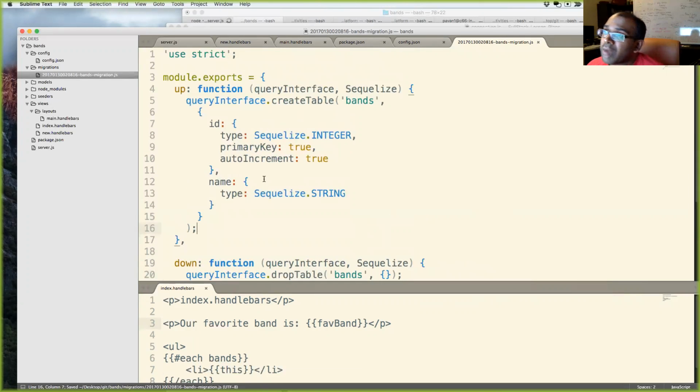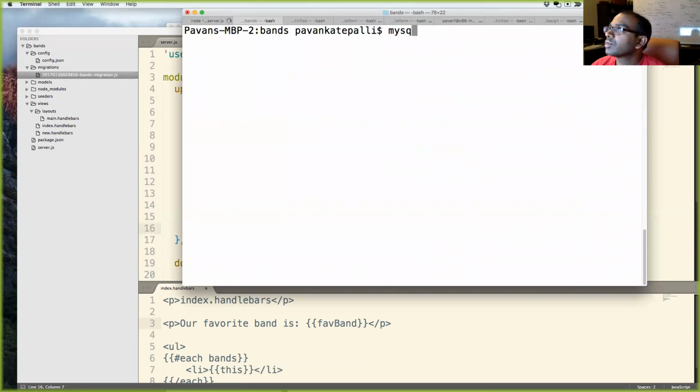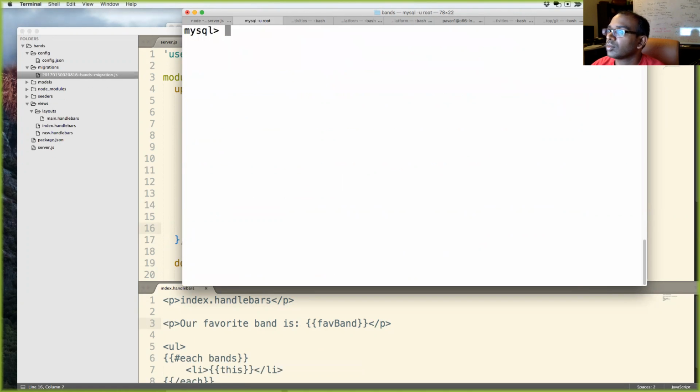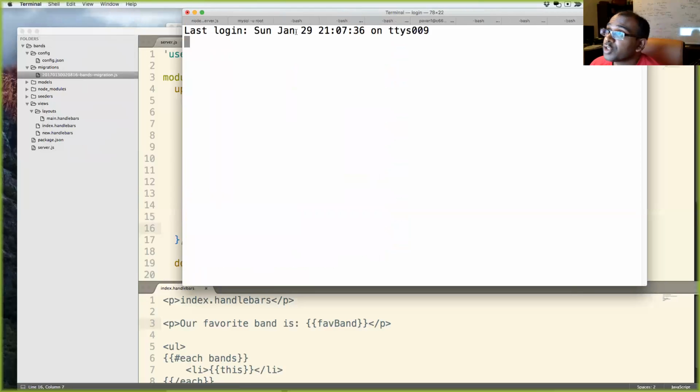And now I have to run my migrations, right? Because I don't have this table in my database at all. If I go over here, I have no tables at all in my database right now. So now I have to run my migration that I just created.